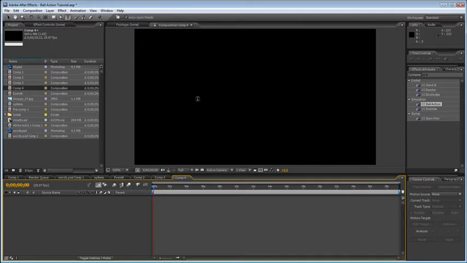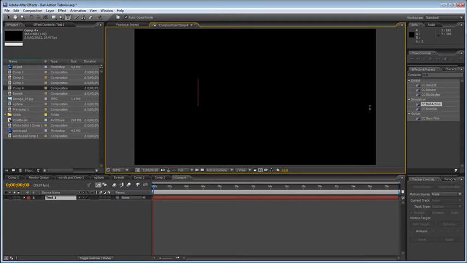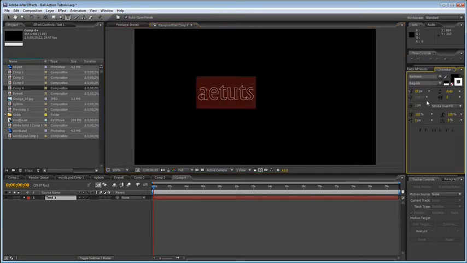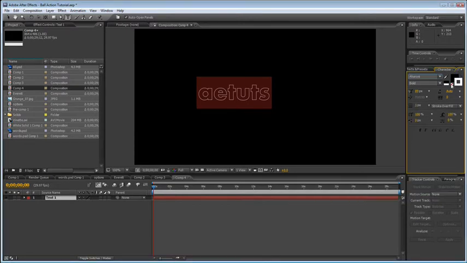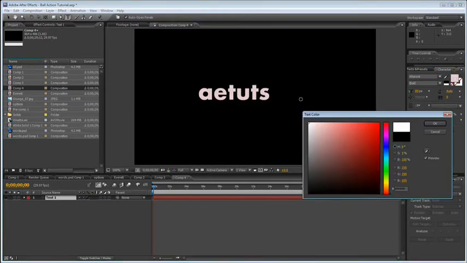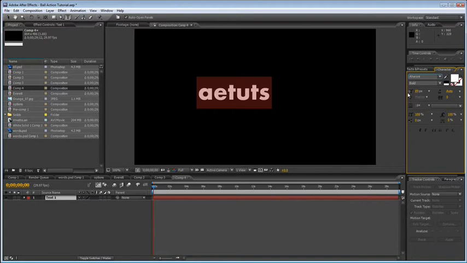You can just create text, all right? So I'm going to write AE-TUTS in a better font than that. Let's pick something really quick. Gotta love this little process. That's fat, let's use that. Not fat as in pretty hot and tempting, but fat as in thick around the waist. All right, white, and okay. And making it larger,